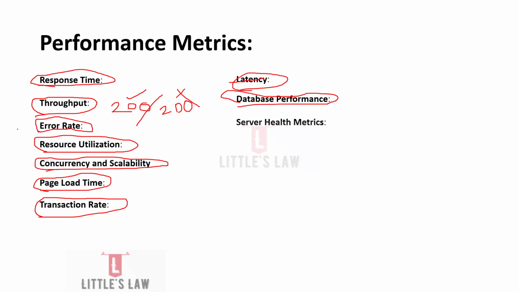And then the last one, which is the server health metrics. When we monitor the server metrics such as CPU usage, the memory utilization, the disk IO and network traffic, all these resources have to be stable. We have to ensure that the CPU, the memory, the disk IO and the network, their infrastructure, are stable during the testing duration. So with that I come to an end.